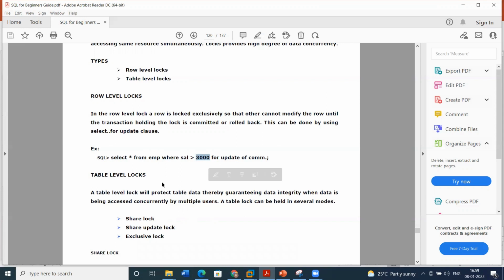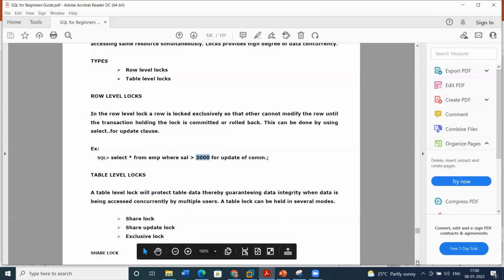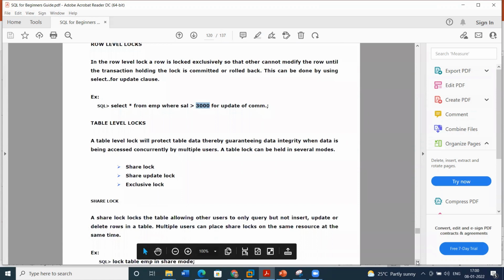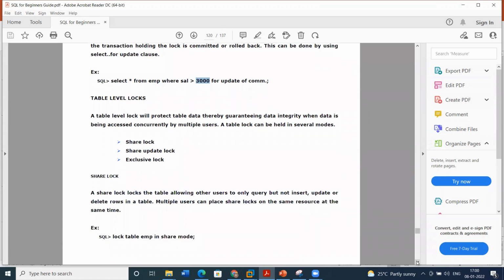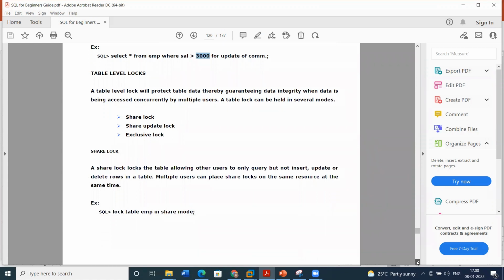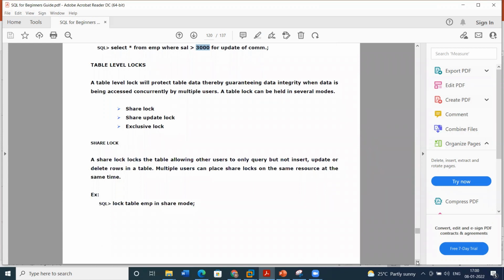And coming to the table lock. A table lock prevents the table from losing data integrity when the data is being accessed concurrently by multiple users. A table lock can be held in several modes: shared lock, shared update lock, and exclusive lock. What is a shared lock? A shared lock locks the table and allows other users only to query, but not to insert, update, or delete rows in the table.